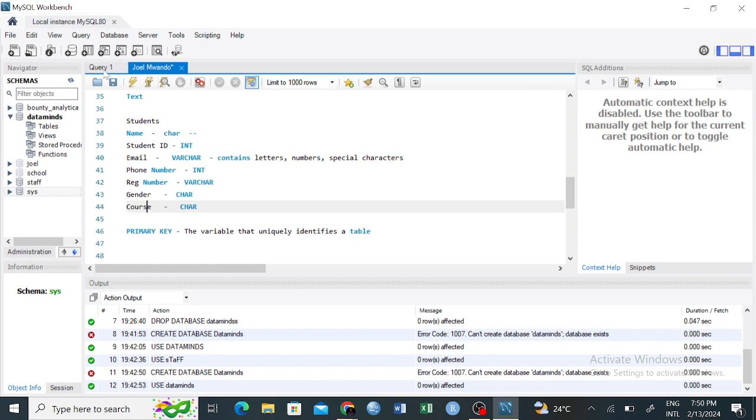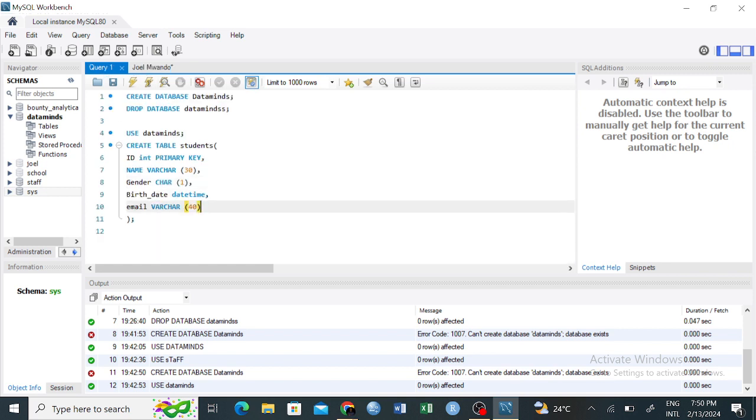Yeah, we can also add the course that somebody is taking. So comma, course. So what is the course that somebody is taking? So course, the name of a course can really be long unless we decide to go by the initials. So maybe let us just give it 20. So if you're satisfied that this is the information that you want, then you include the statement terminator and click on Control Enter,